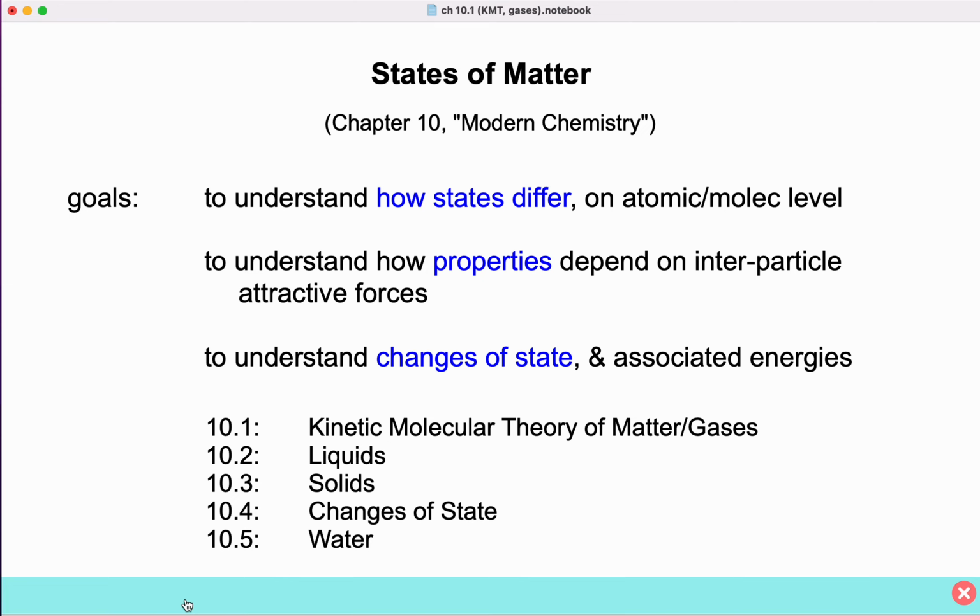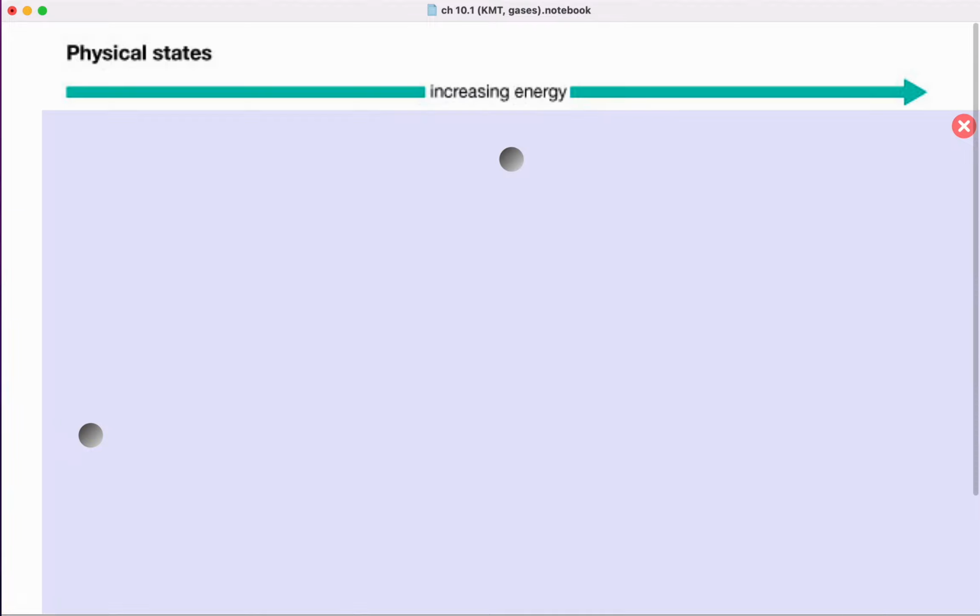In Chapter 10.1, we're going to talk about the kinetic molecular theory of matter and gases. Then we'll talk about liquids, solids, changes of state, and finally the special properties of water. So that's the unit in a nutshell. So let us begin with